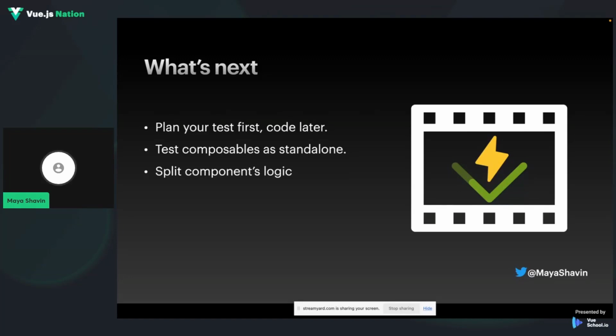If you are not using the composition API, try to use it. I like it. It helped me split my logic into small composables, and then I can decide what I want to do with them later on. And lastly, mock responsibly. Yep, you need to mock your logic responsibly.